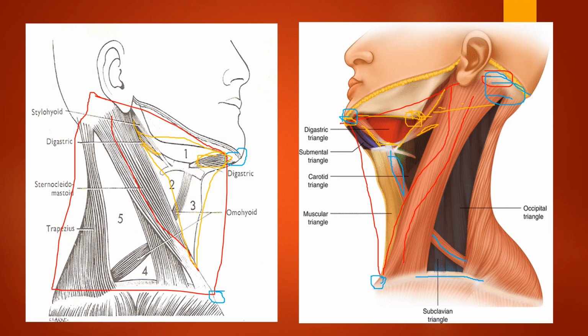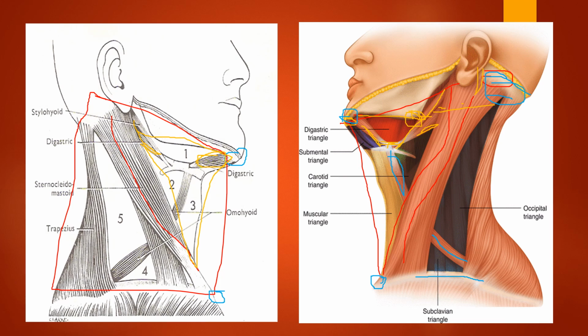As the name mentioned, it is attached from the styloid process. Somewhere over here the styloid process will be there. From the styloid process to the hyoid bone, the muscle will be coming and the muscle will be splitting into two and it gets inserted. Between the stylohyoid muscle space, between its insertion, this tendon of the digastric muscle will be passing, like passing in between the sling. This is the orientation of these three muscles.